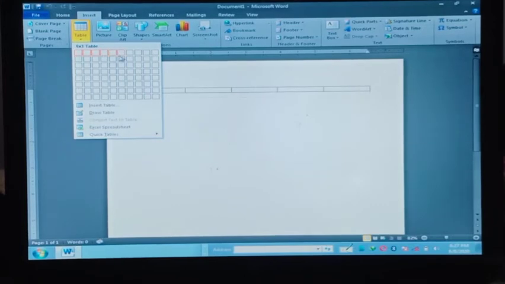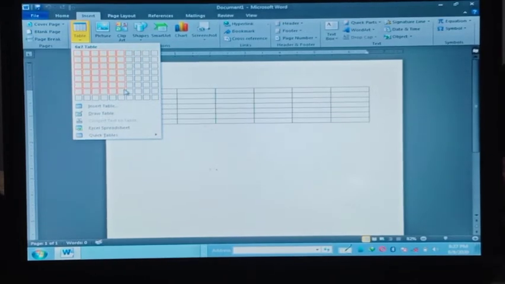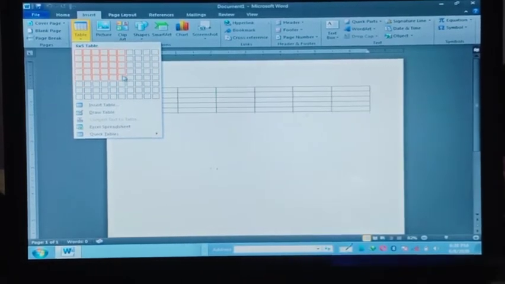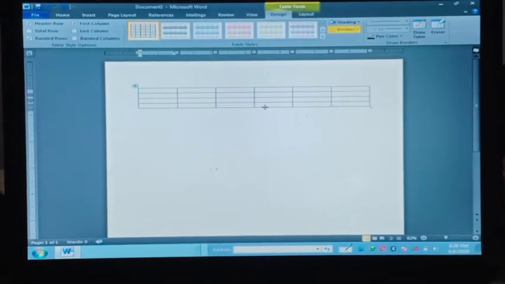When you go to the right on this grid, you can see the number of columns, and when you go down it is the number of rows. So however many rows and columns you want to insert in your table, you can select from here. Suppose I want to select 5 columns and 4 rows, I will just click here at the end of the cell. You will see a table is on the screen now. So this is the way that we can insert a table from the insert option.